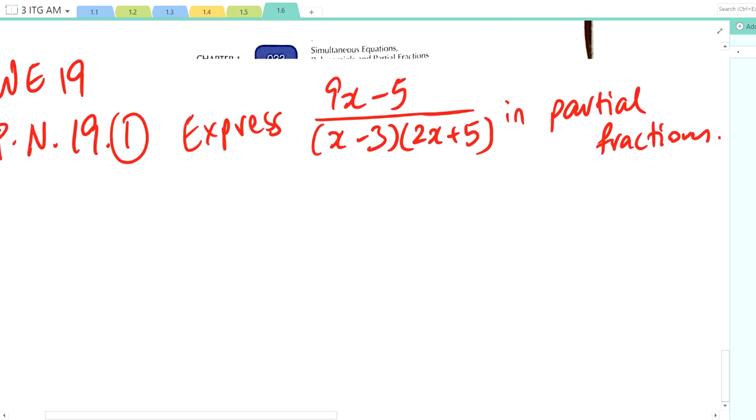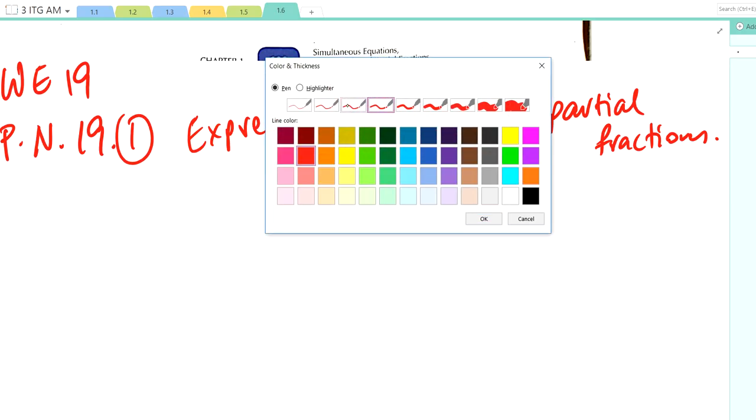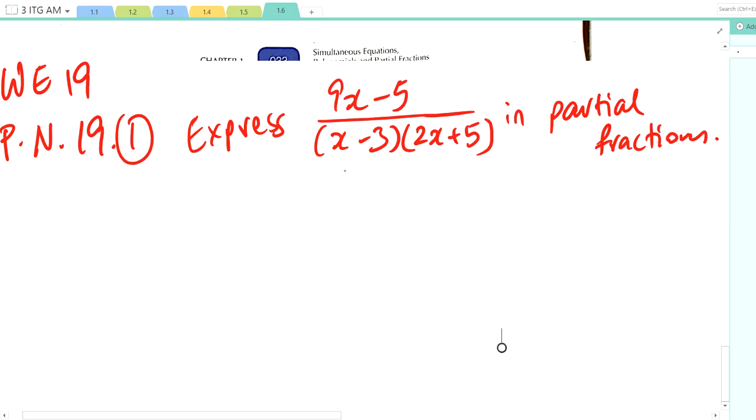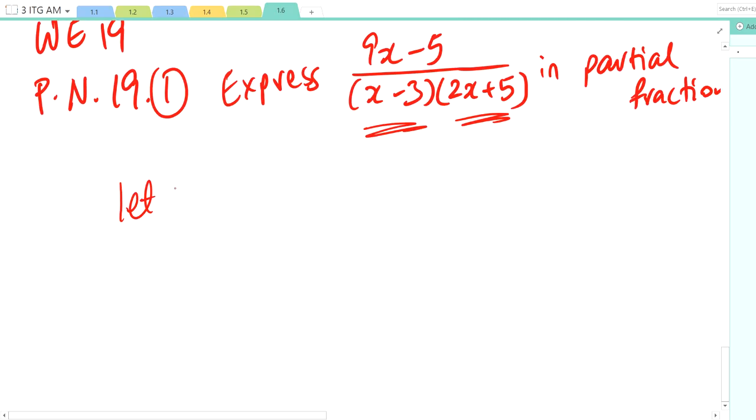Okay, so this is our question. Straight away, my first step, I see that the denominators are already factorized. The denominator is already factorized. We have got two linear factors. So straight away I say let 9x minus 5 over x minus 3, 2x plus 5